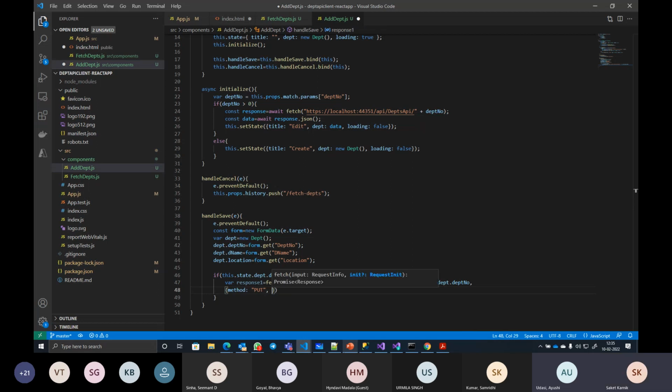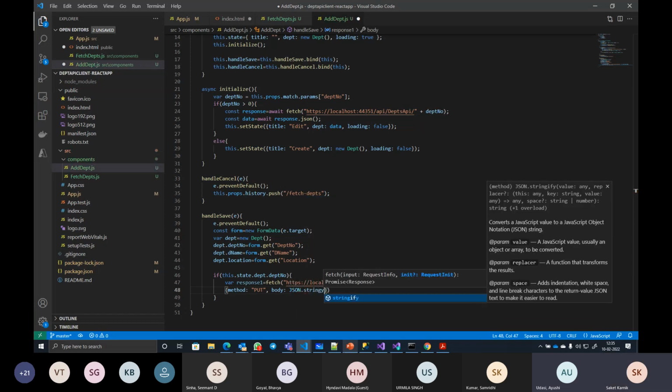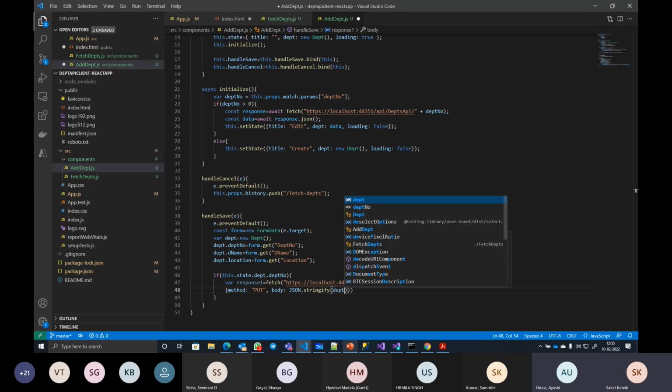It requires body as well. So I also set body parameter to JSON dot stringify department,